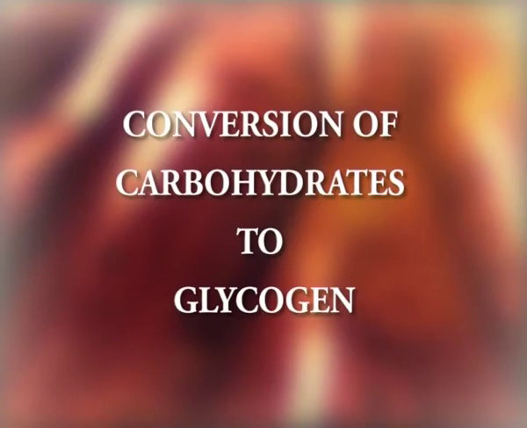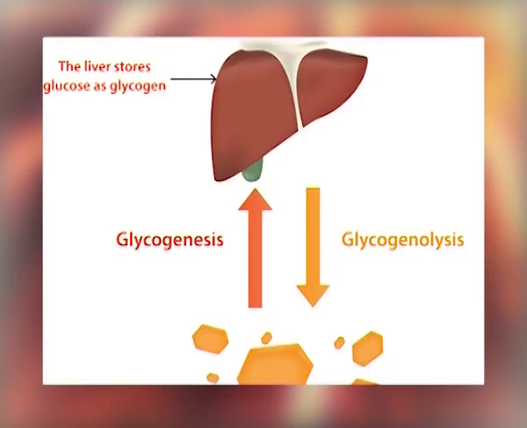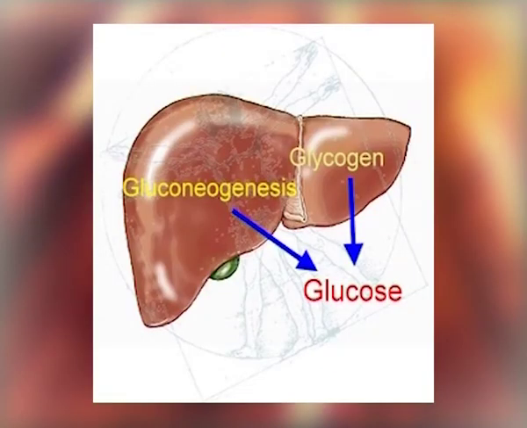molecules of water. Let us try to understand the process of conversion of carbohydrate to glycogen. Consumption of excess carbohydrate through the diet is known to be converted into a reserve form of energy, which is known as glycogen. Both liver as well as muscle synthesize glycogen from the excess amount of glucose. Liver is capable of storing only a limited amount of glycogen. When the need arises, the reserve store is quickly converted to glucose.